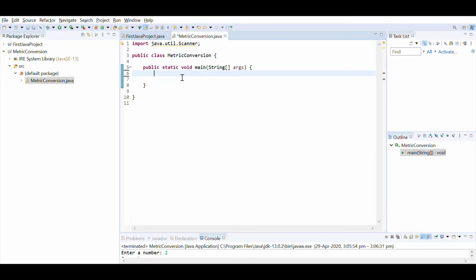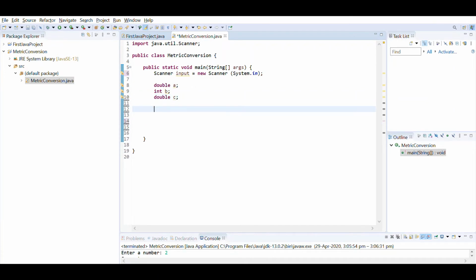Here I have created a new Eclipse program and done 3 things. First, I have imported the scanner class. Next, I have made a class and I have declared the main method. The first thing I will do is initialize the scanner object and make some variables. To initialize the scanner object, write Scanner input = new Scanner(System.in); Next, I will make a double a; int b; and double c;